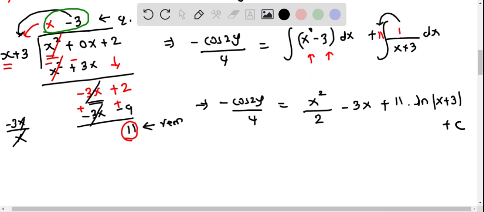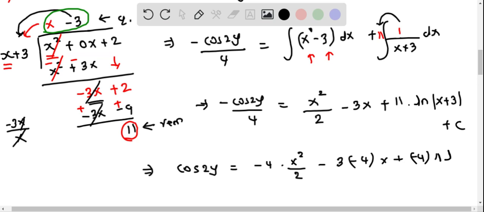So we now have integrated this. Let's see if we can further simplify. I'm going to multiply both sides by this 4, in fact by negative 4, so that I will have a positive quantity on the left side. So I will have cos of 2y equal to negative 4 times x squared by 2, and then I have minus 3 times negative 4 x, plus negative 4 times 11 natural logarithm of the absolute value of x plus 3, plus negative 4 times c. So let's